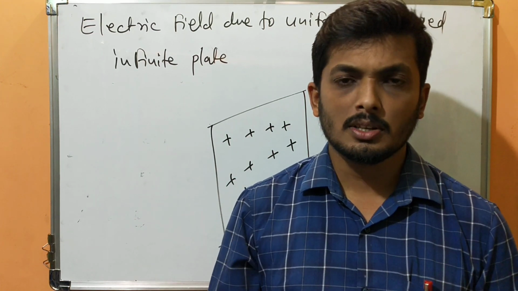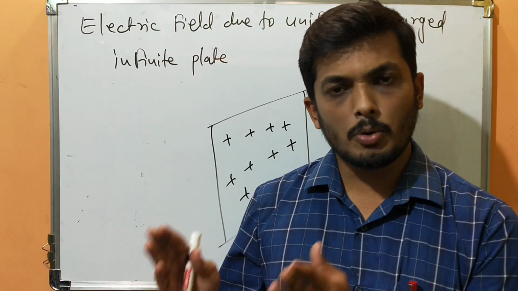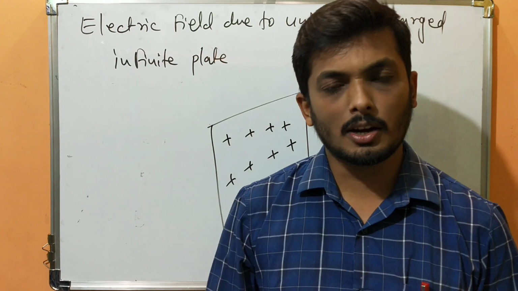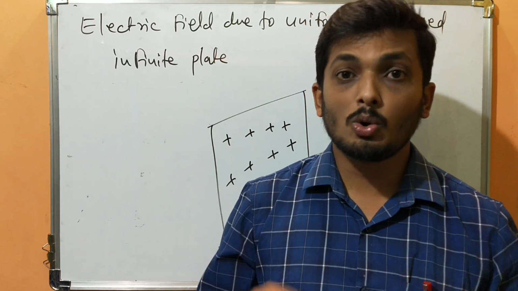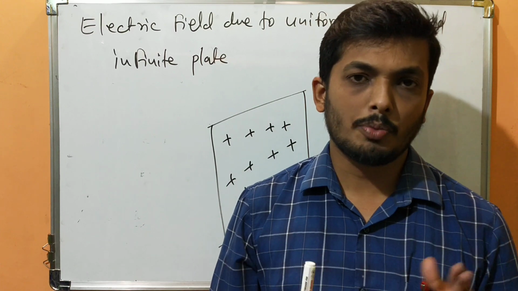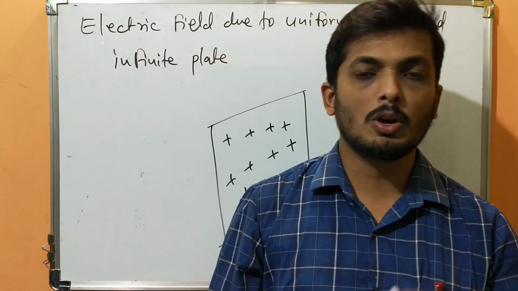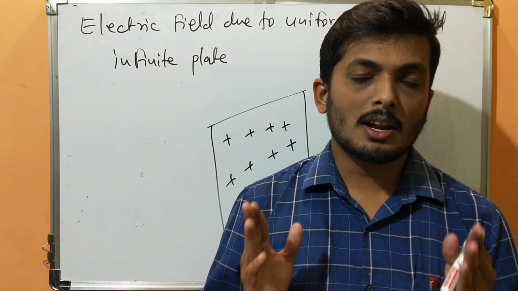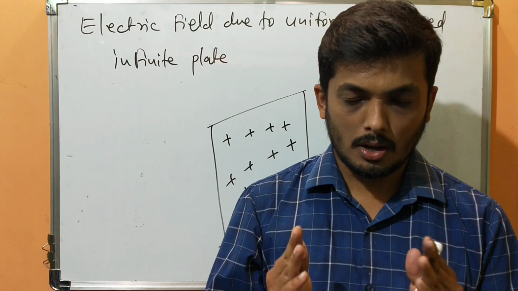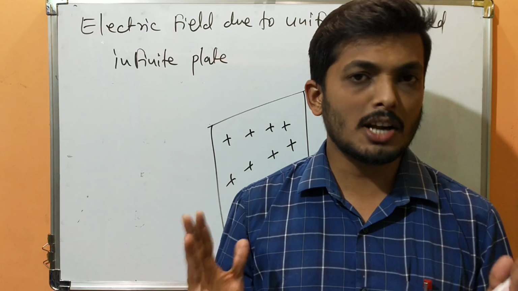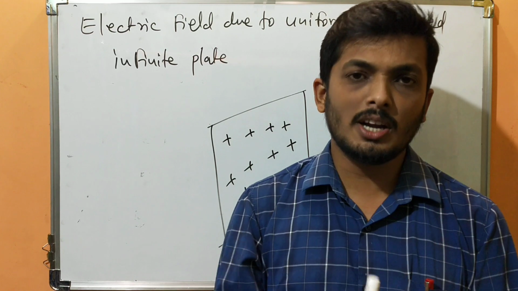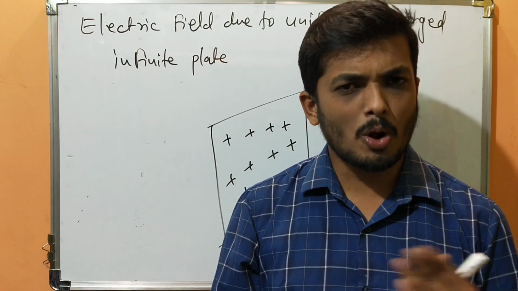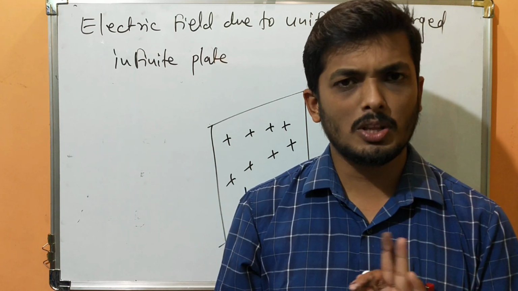Then we studied electric field lines, which are a geometrical representation of electric field strength. What are the properties? The electric field lines originate from positive and terminate at negative. Electric field lines are normal to the surface of a conductor. They never intersect. They do not form a closed loop. For positive charge, field lines are radially outwards. For negative charge, they are radially inwards. If the field lines are crowded, it indicates the electric field strength is stronger, and if they are less crowded, the electric field is weaker. You can remember any three properties from the examination point of view.